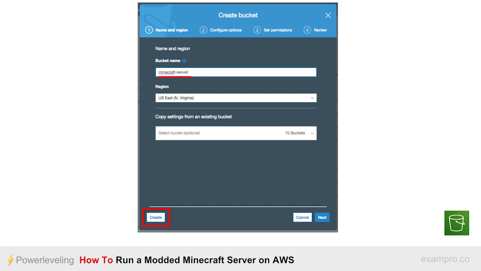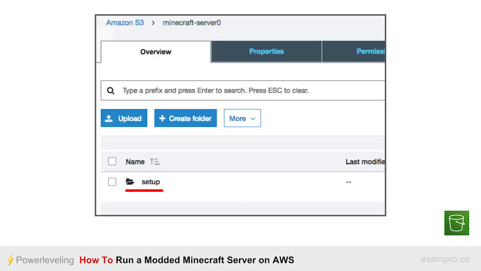There are some other initial options we can set on a new bucket, but for the sake of speed today, let's just go with a unique name and save it. With that bucket now created, the next thing we want to do is create a folder inside of our bucket. We'll just call this one Setup, as it's going to be where we place all our files that the server